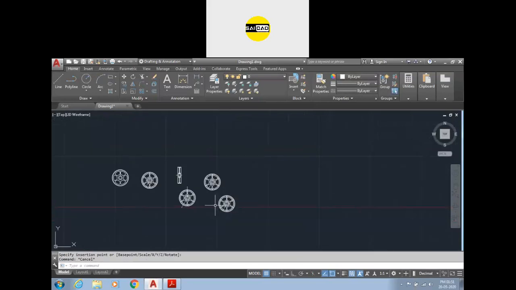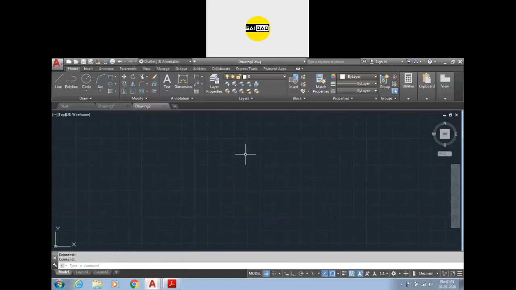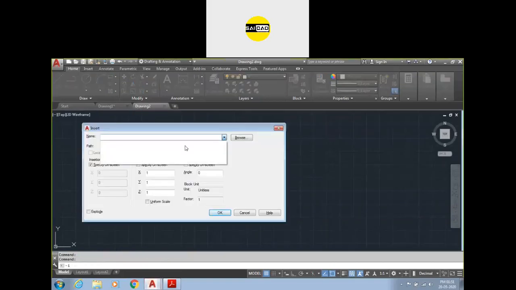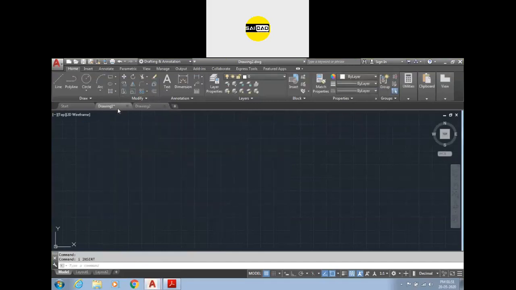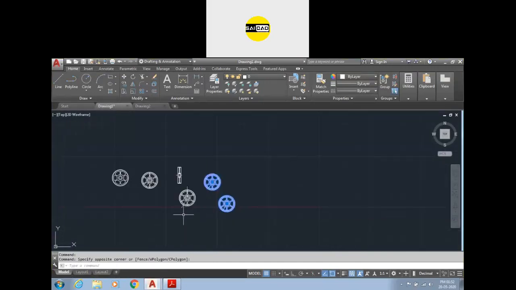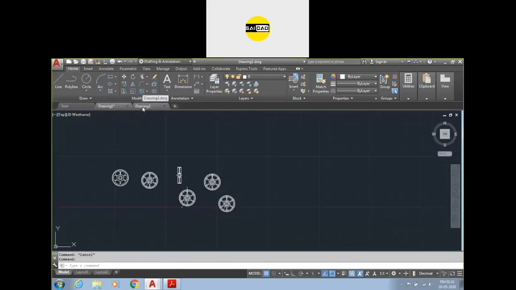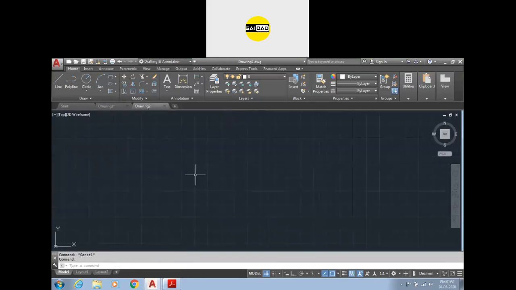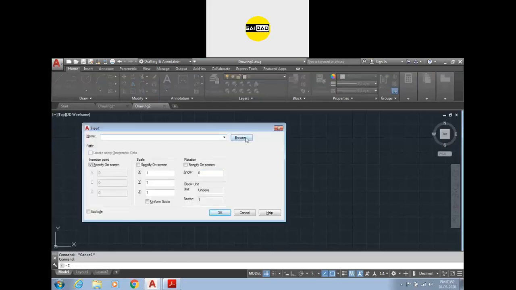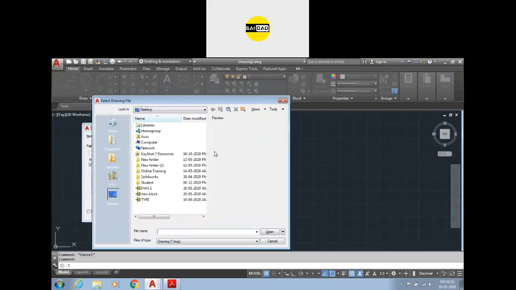The main thing is you cannot insert this block into a new file. If you go to a new file, if you go to the insert, there will be no block, because these blocks are temporary. You can open the tool palette TP from here, but you cannot insert these blocks into the new file. So how can you use these blocks in the new file? Here there is the option I enter, and there is the option browse. You can go to the location where you have saved the block.